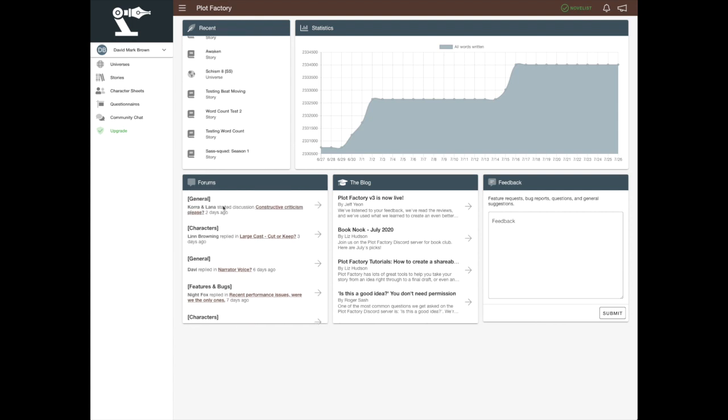Then you've got your forums here, where you can click on these to go discuss issues with people that are also using Plot Factory. And you'll see here, these forums, they're active. They're not populated with hundreds of thousands of people, but there are topics being asked here, and there are people coming in and responding to them. So this is a spot to kind of get some answers, maybe a little bit more old school. We'll discuss in a little bit the Discord that is connected to Plot Factory as well, if you're willing to